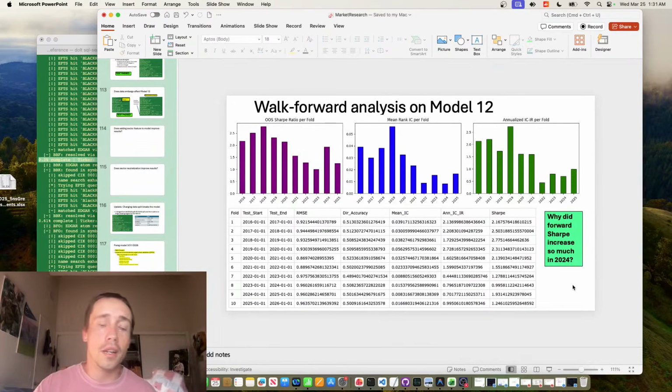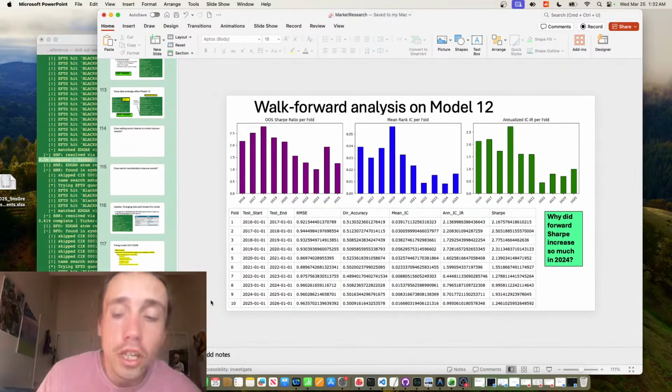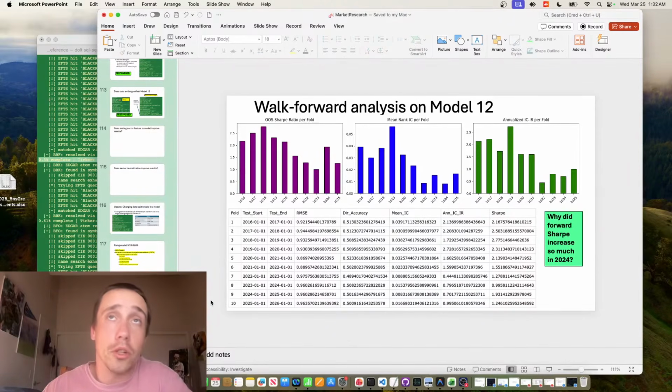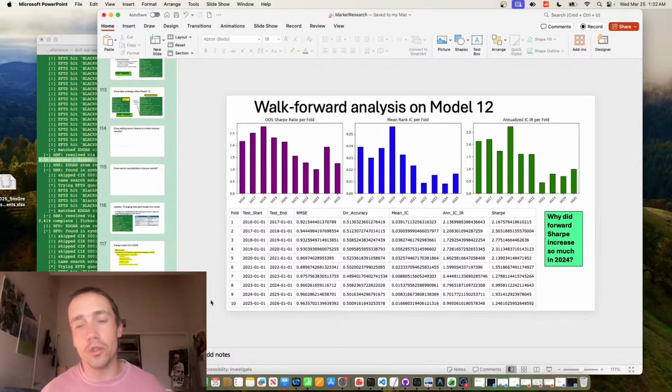So I don't need to go crazy and totally change the model. I need to add something that's going to squeeze a little bit extra performance out of the model. And the easiest way to do this, there's kind of two ways you can incorporate fundamental data into the model, because right now I'm only incorporating price data. So I can add fundamental data, which is basically quarterly and yearly reports. But that's going to be really complicated. I could also add sector information, and that's going to do two things for me.